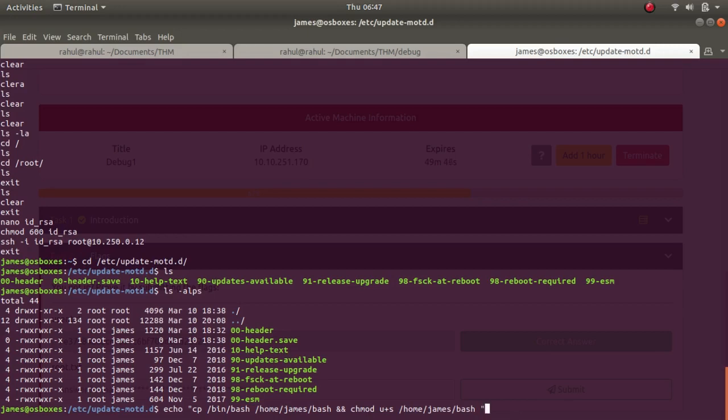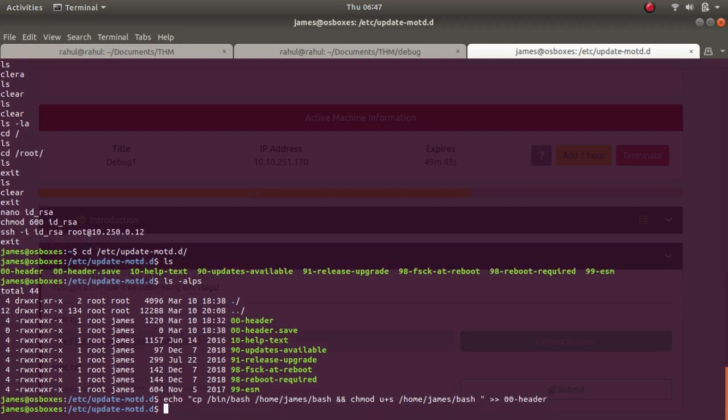So this is the 00-header file. Now this has been done. Next time if I log in, this file will get executed, and when it gets executed, everything in /bin/bash will be copied to /home/james/bash, and a setuid bit will be set. So if I type in exit,